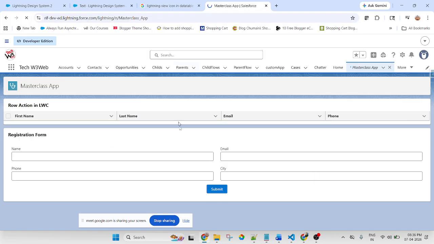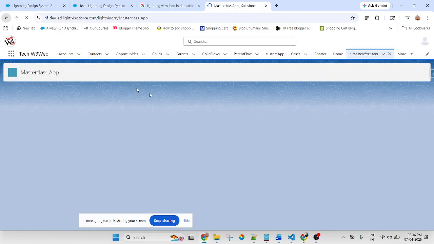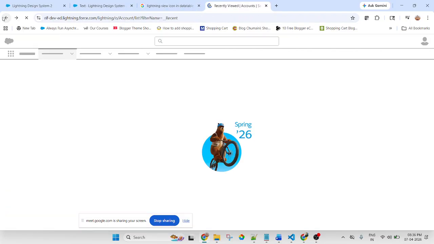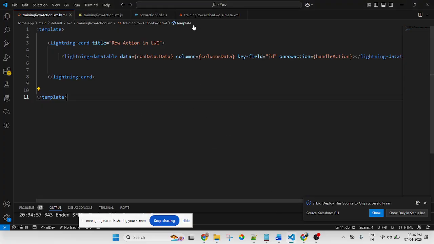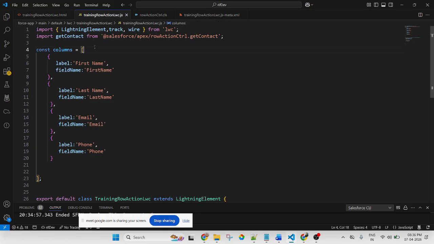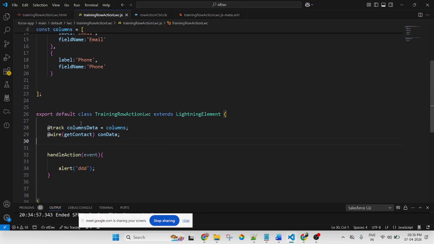Data not displayed. Let me check. Why is data not displayed? Columns. Custom data. Track. Wire.